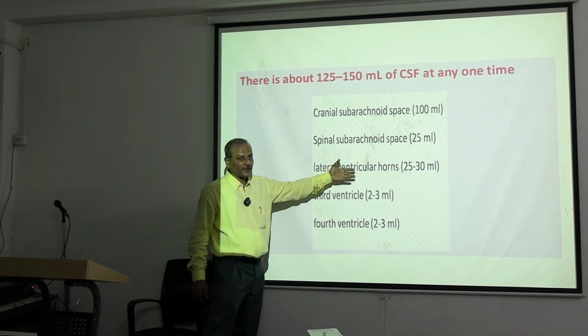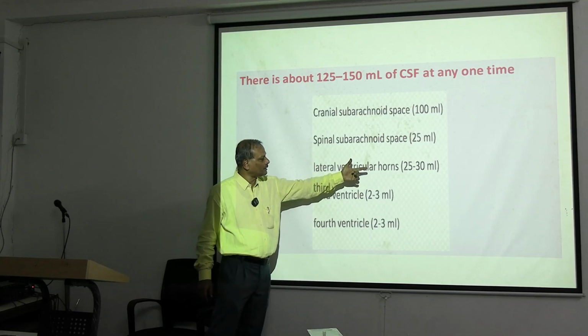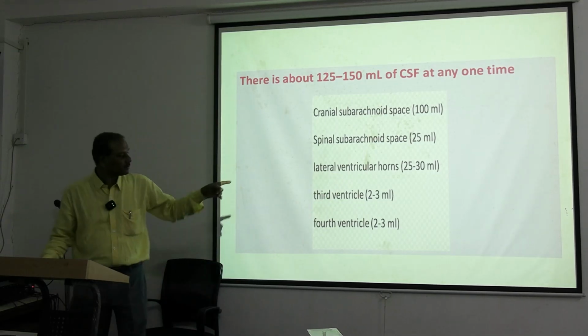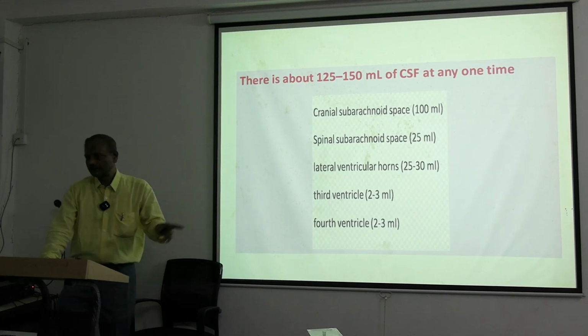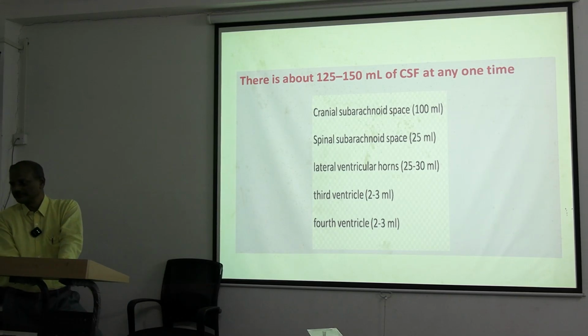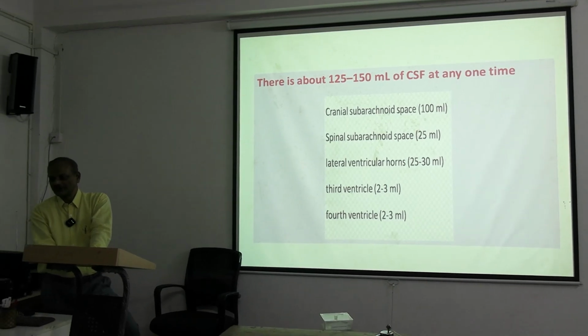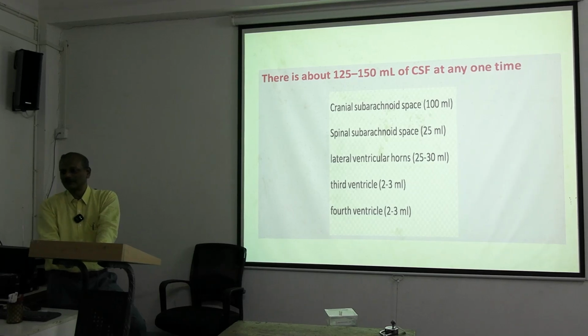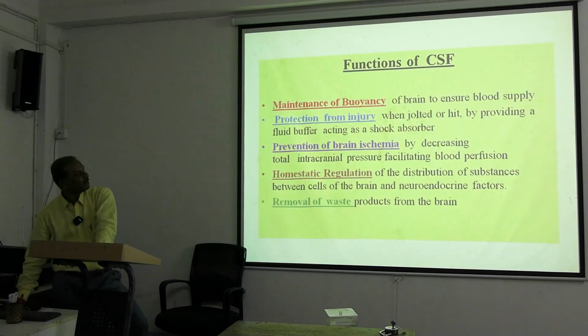Now, in the lateral ventricle capacity, you listen, lateral ventricle 25 to 30 ml. So it is much larger compared to the third ventricle and fourth ventricle. The size of the third ventricle and fourth ventricle, you see, is almost the same, 2 to 3 ml. So now you can imagine that if there is any tumor which is obstructing that path, the CSF cannot really flow the way it is desired to do so. So this is an approximate idea.